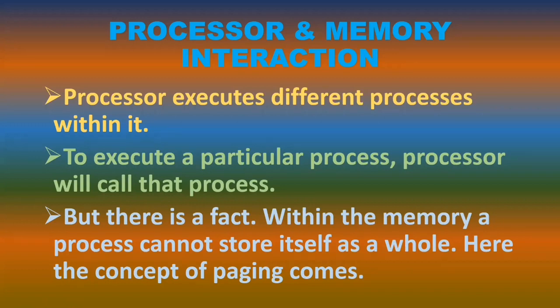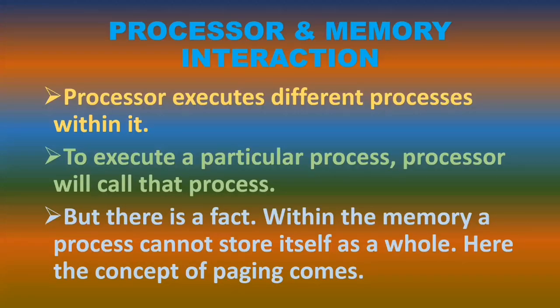Generally, a process has a size of 4 bytes, but these frames have a very small amount of storage capacity. Now it is clear that a single frame cannot contain a single process,